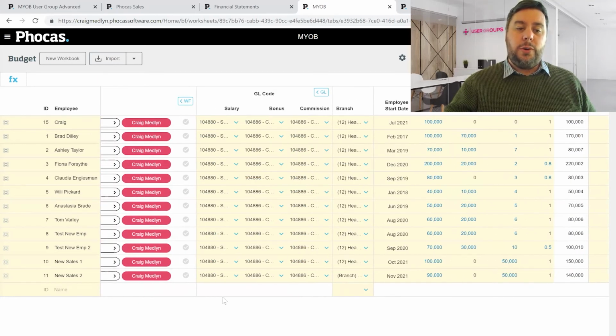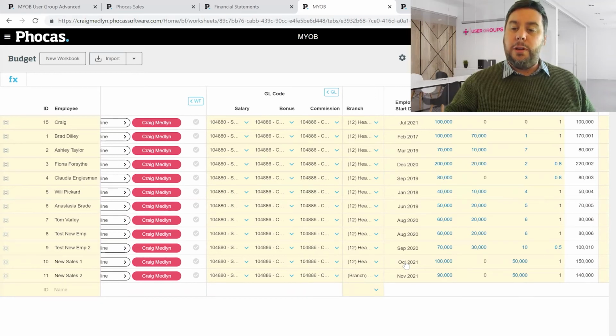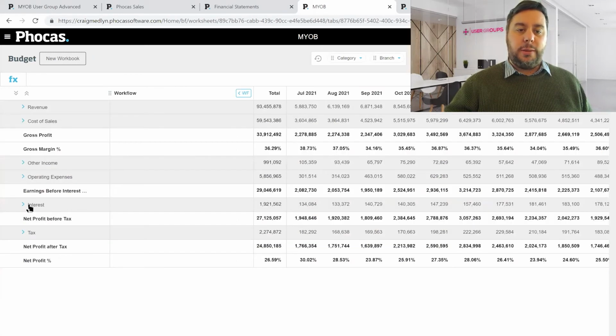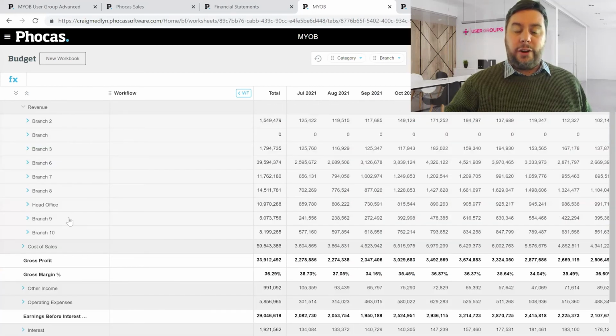But we might also want to have some new starters, and we might be knowing that we've got budgets to have some new starters, but we're still toying with when we want them to start. So we can actually factor in not only the cost of them coming on board, but what maybe the revenue result might actually be. So we can have our new starters coming in, and we can actually have it affecting our budget. So we can actually have it affecting our revenue. In this case, I'm affecting the revenue of my head office account.